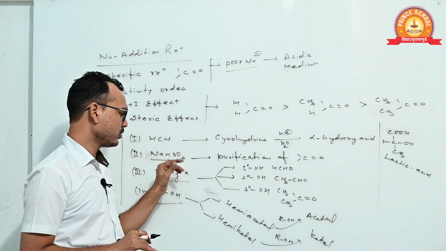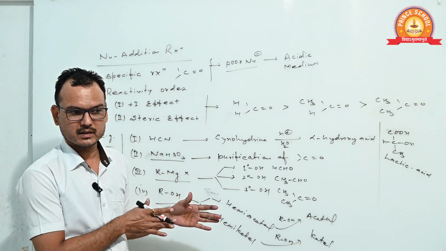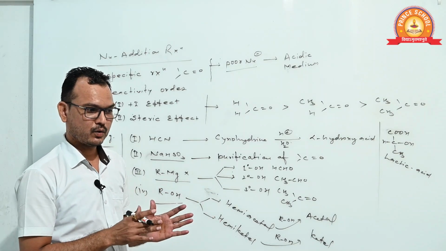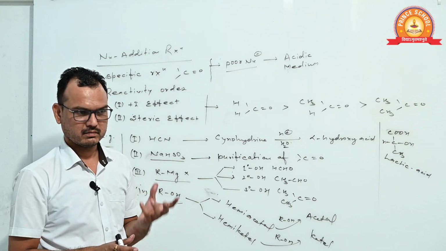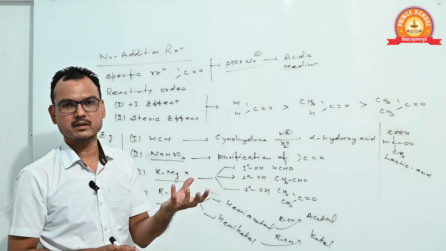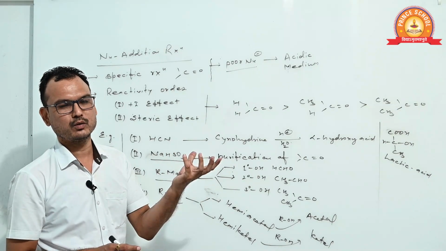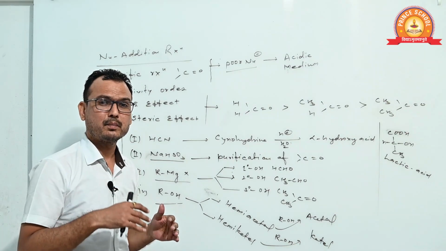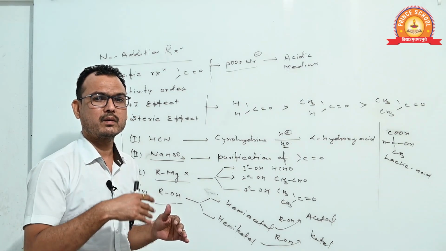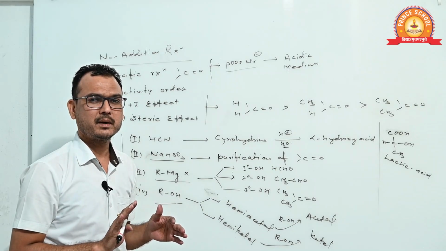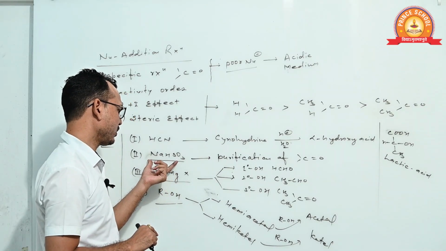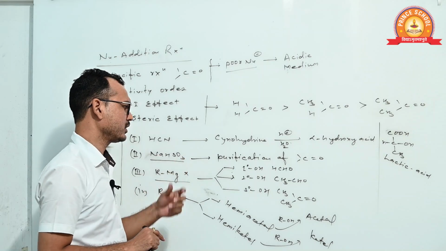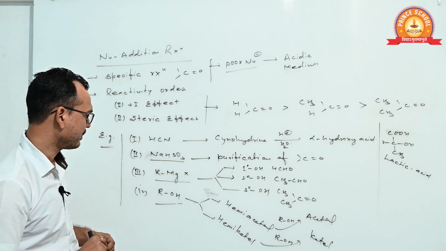What is the utilization of the sodium bisulfite reaction with the carbonyl compound? We know that the forming addition product is reversible in presence of dilute acid or dilute base. It gives the carbonyl compound. It means the impurity of the carbonyl compound remains with the sodium bisulfite and we get the pure carbonyl compound. Therefore, this reaction is used for the purification of the carbonyl compound.